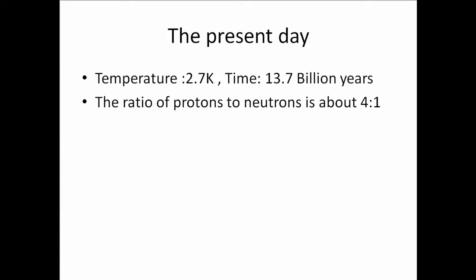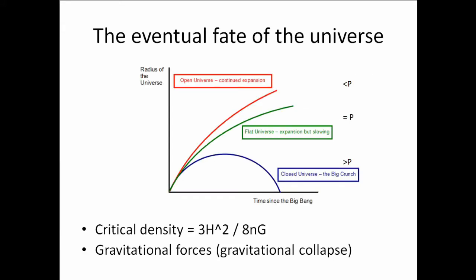There are three main theories for how the universe may die, and these can be calculated using the critical density, which is basically just a sea of constants. The critical density is apparently 3 times Hubble's constant squared over 8 pi times the gravitational constant. Don't know why that is, I'm not going to derive it for you. And basically, yeah, that's the critical density of the universe, which is about equal to 6 hydrogen nuclei taking up a meter squared, so quite not dense.